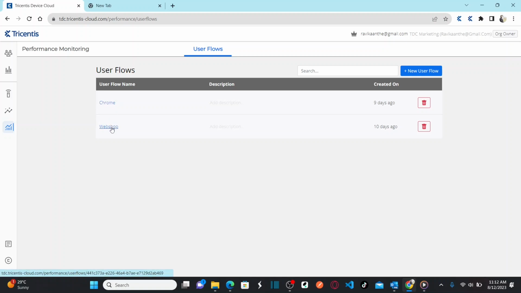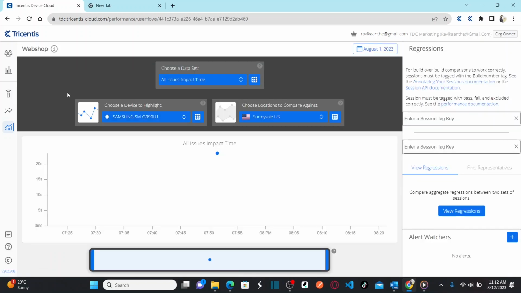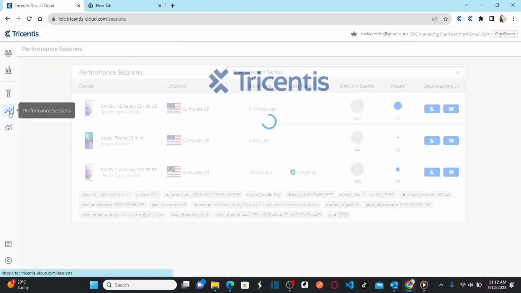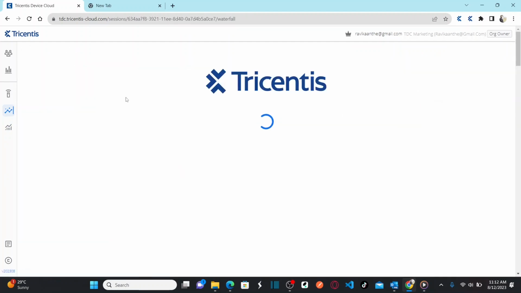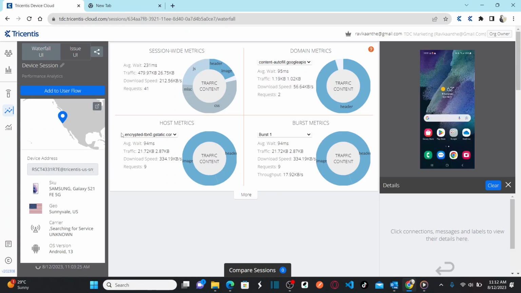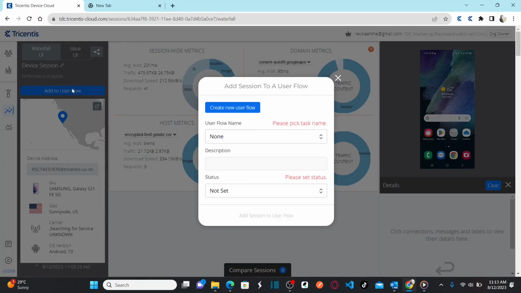Performance monitoring, what happens? Performance sessions can be grouped into your user flows. Okay, how? Let's go back here. Let me go here. Okay, if you see, now I want to create user flows. Let's say here, add to user flow. If I add this to a user flow, once you add this to your user flow,